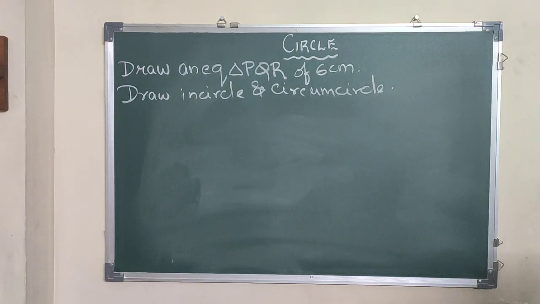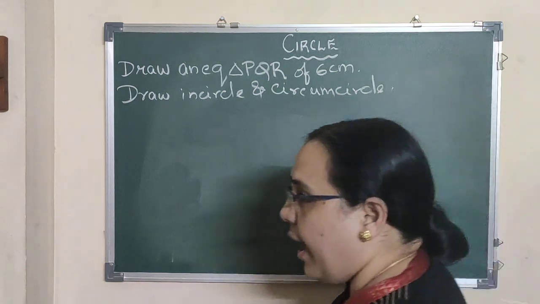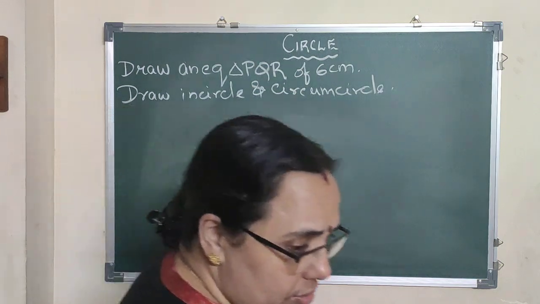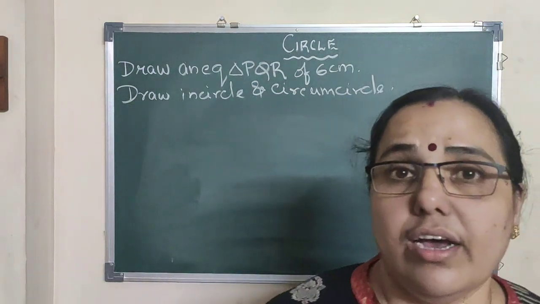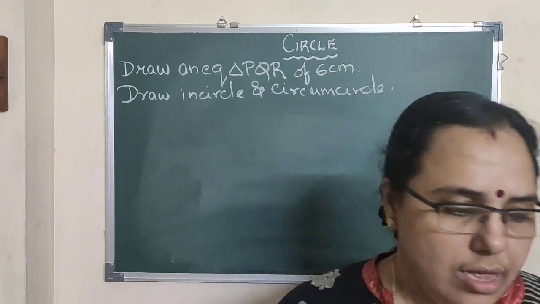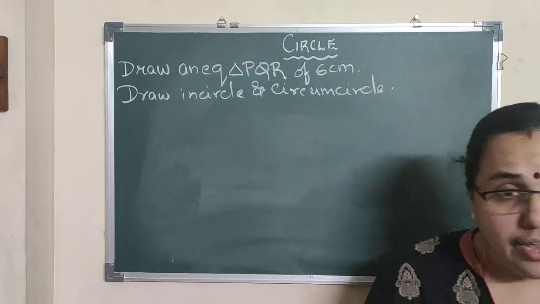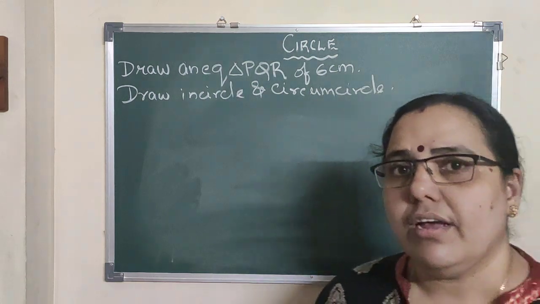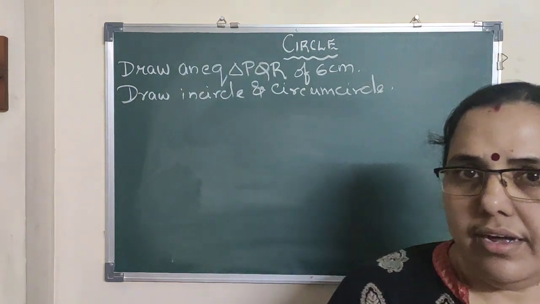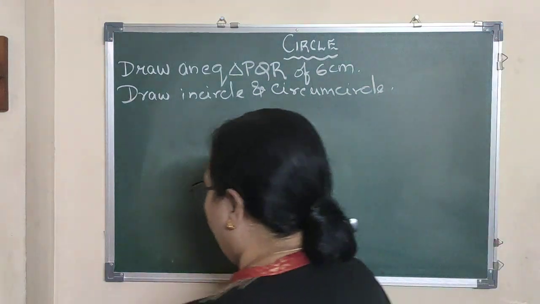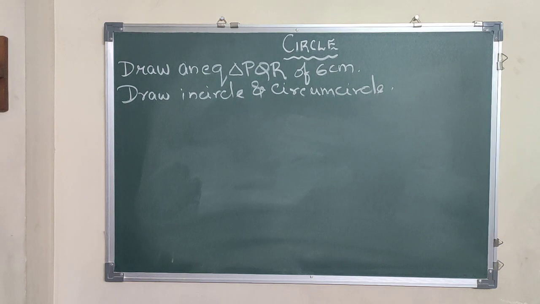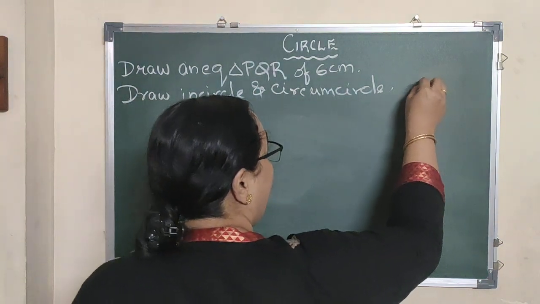There is nothing to worry, because just have a look at the point above, just before we start exercise 6.3: the perpendicular bisectors and angle bisectors of an equilateral triangle are coincident. That means they are coinciding with each other. Second point, the incenter and circumcenter are also coincident, meaning they coincide with each other. As we draw the construction, you will understand the further thing. So let us draw a rough figure.